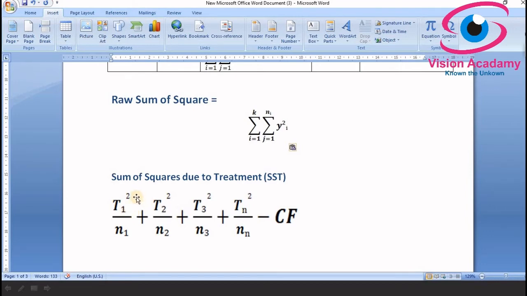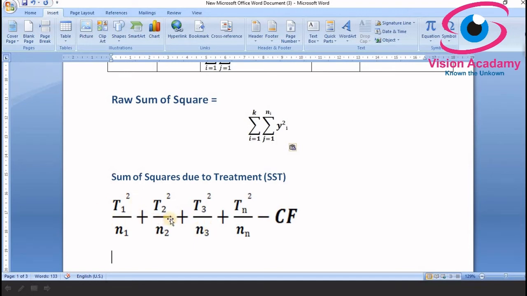So we need to get the sum of treatment 1 and square it, then the sum of treatment 2 and square it, the sum of treatment 3 and square it, and so on. And N1 means the number of samples in the first group, just like the sample size of males, the sample size of females, the sample size of transgender, and so on.